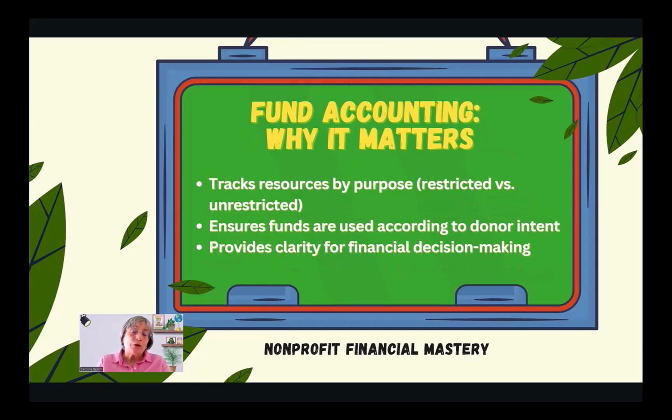Now, the way that we track those funds is we use something called fund accounting. You can think about fund accounting like a series of buckets. So we get a grant, and that grant is for our playground. So we're going to take those funds and put them in our accounting system in this bucket called playground. And then the only things that can come out of that bucket are the expenses that go along with that playground. So we can't use those funds for anything else.